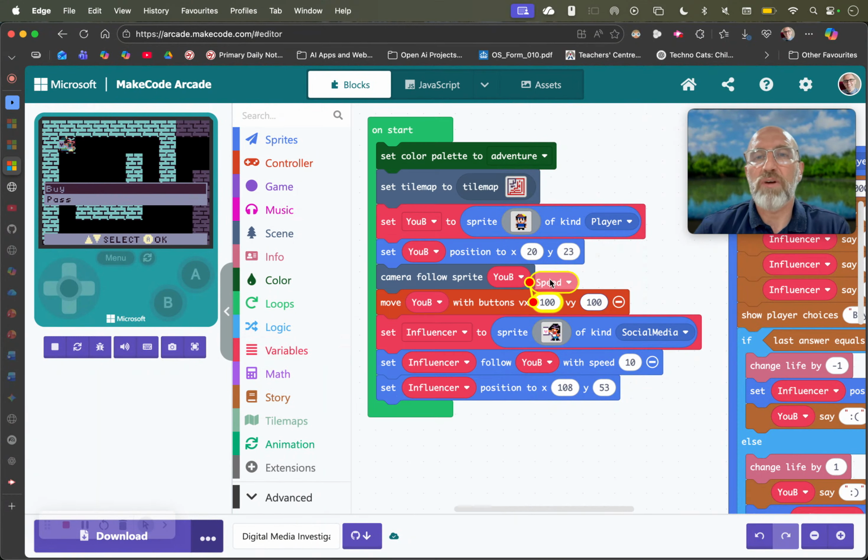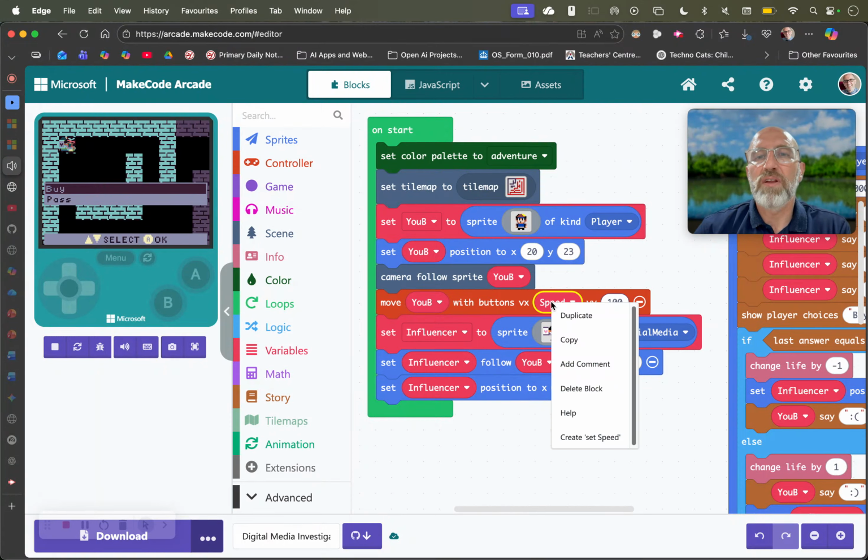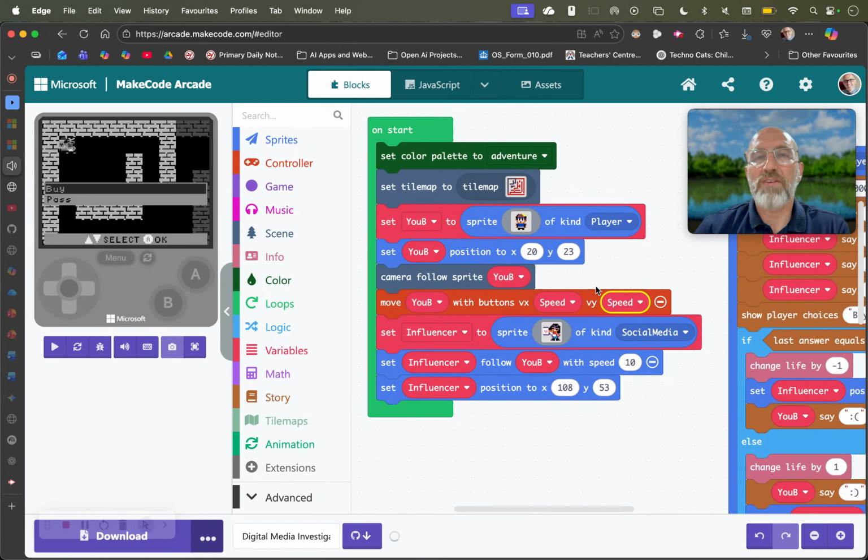Go and grab that and then go and set my speed. You can see I've got some kind of elastic that's in there and it knows it wants to go in there. So then I can go and duplicate that. I'll put another one in, and now my character is going to move with speed. However,